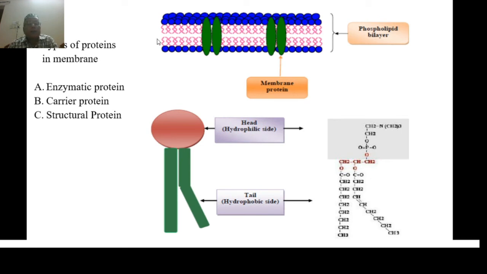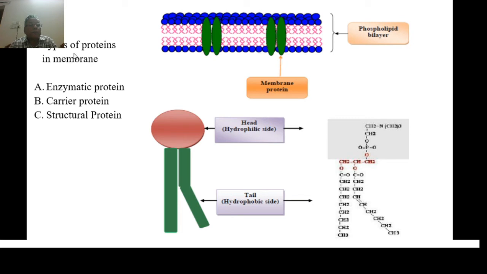The structure of biological membrane is the phospholipid bilayer. This is a transmembrane protein. This is the phospholipid. This is one layer. This is another layer. Together, a bilayer. This is a single unit of a layer. This head is the hydrophilic side. This tail is the hydrophobic side. This is composed of a lipid body. This is the hydrophilic or head group.